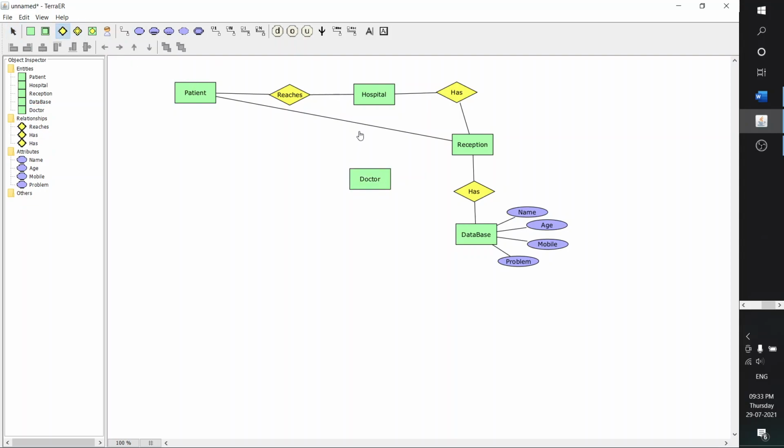Hospital has doctor. Doctor will have different types of people, right? So doctor has types. We can write types.